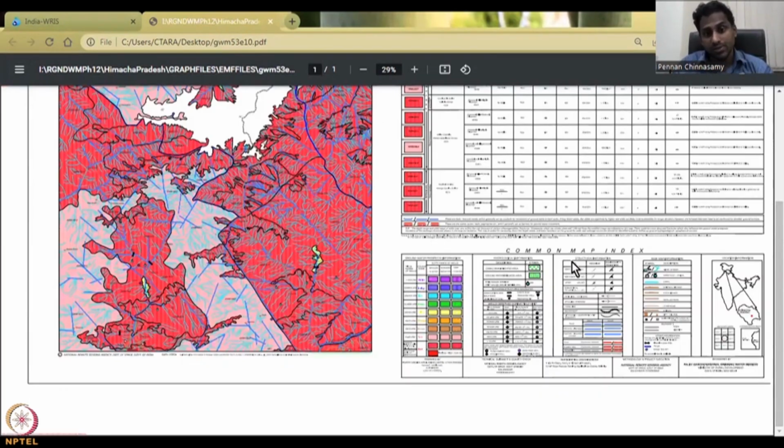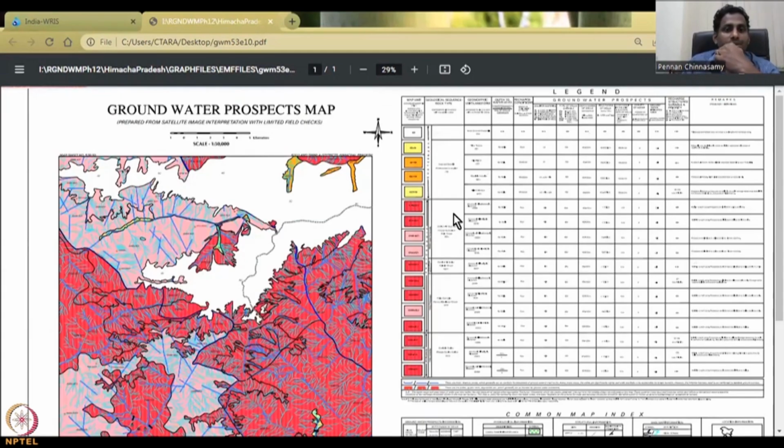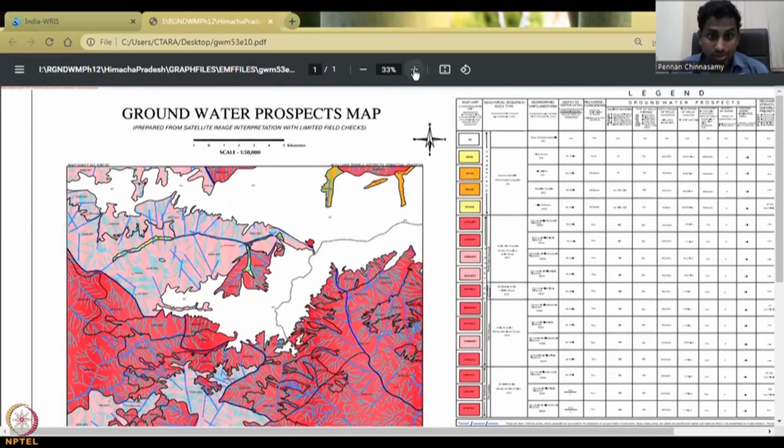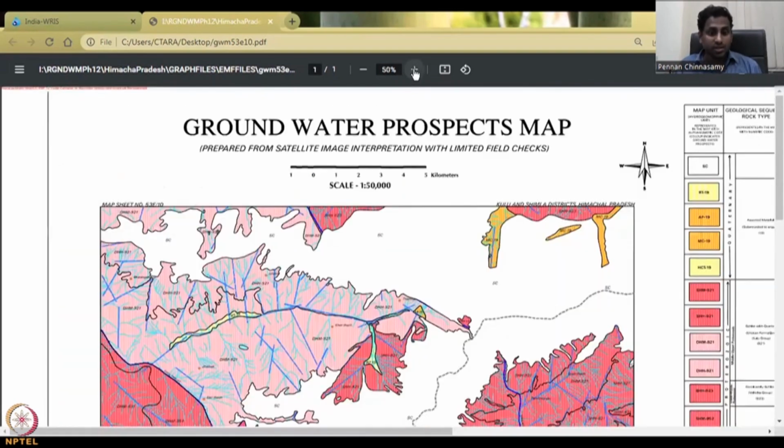So all of this has been done for you. All you have to do is cite it properly. Do not just copy these maps into your work and say it is your work. The government has done it for you, so always cite. Here you have the copyright information, who to cite, all these things. Okay. So this is a great exercise for you to use this groundwater resource map, and then understand the potential,